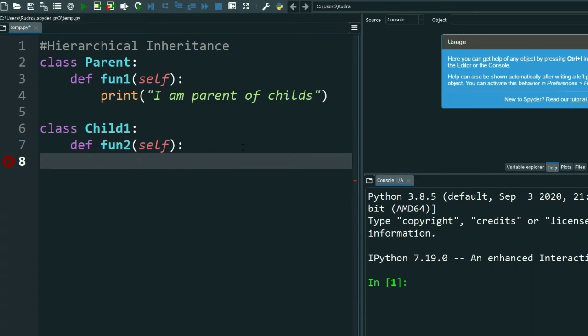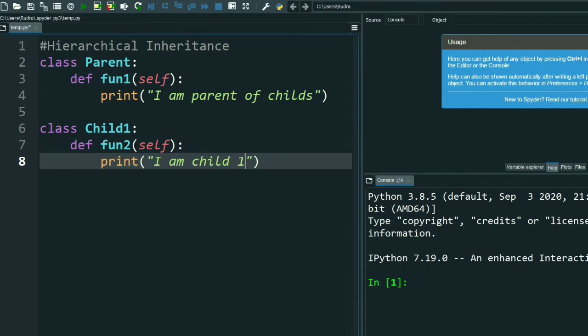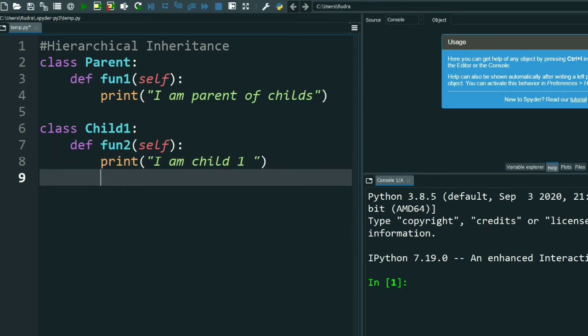Now what should I write here? Print "I am child 1." I'm sorry, my laptop got hanged. Sorry for that. Print "I am child 1." Okay, that's it.